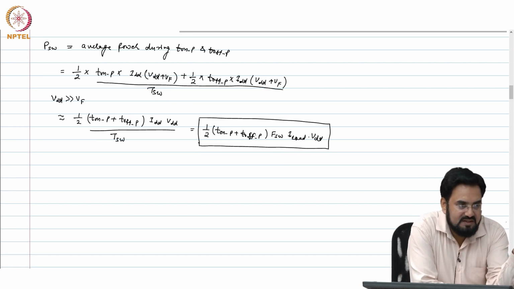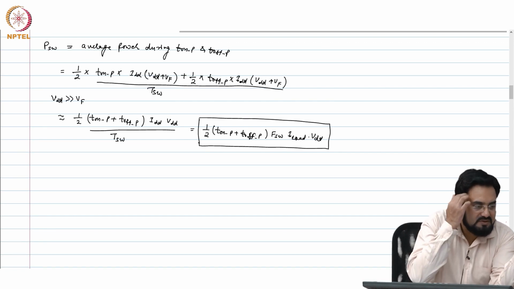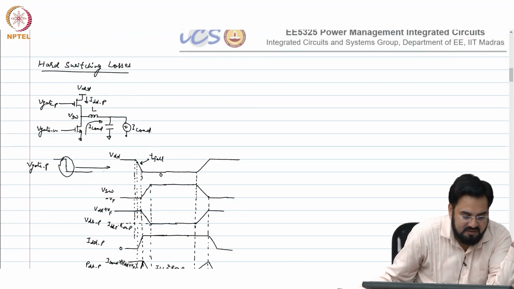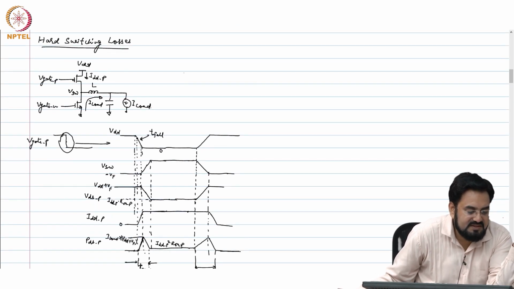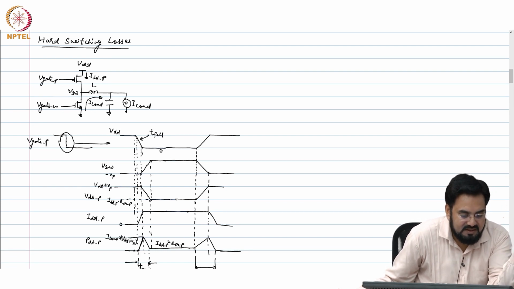So, this T on P and T off P you can calculate from your simulation, or if you are using external FET, then most of the time data sheet will specify that. So, you have to look at how fast gate is charging. So, that will obviously depend on your gate driver and the capacitance on this gate, and there are some intrinsic delays of the transistor which are specified in the data sheet. But if you are using on chip MOSFETs, you have to look at the simulation.